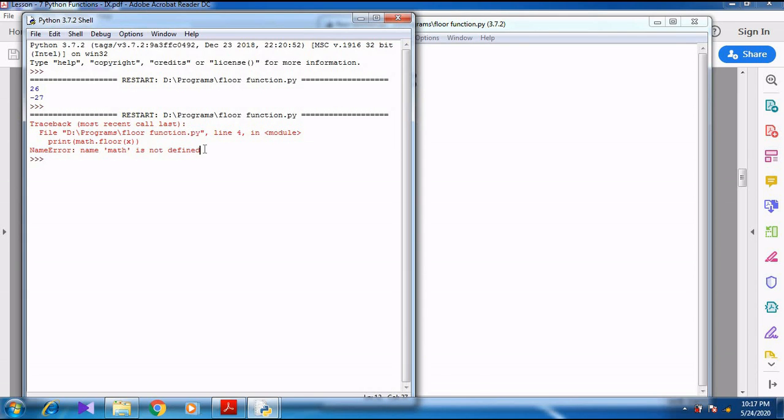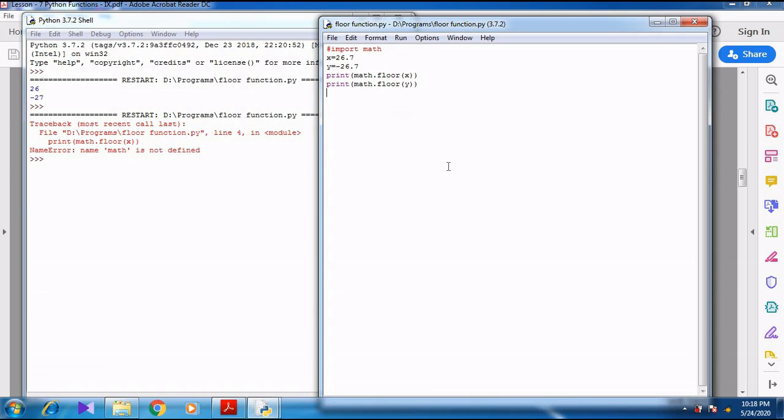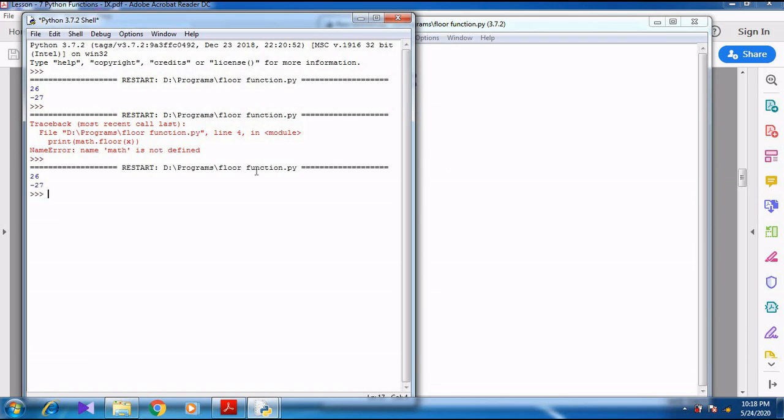The errors are displayed in red color. We have not yet defined math. If I remove the comment and save, and press F5 again, now it shows the output. Can you see the difference, students?